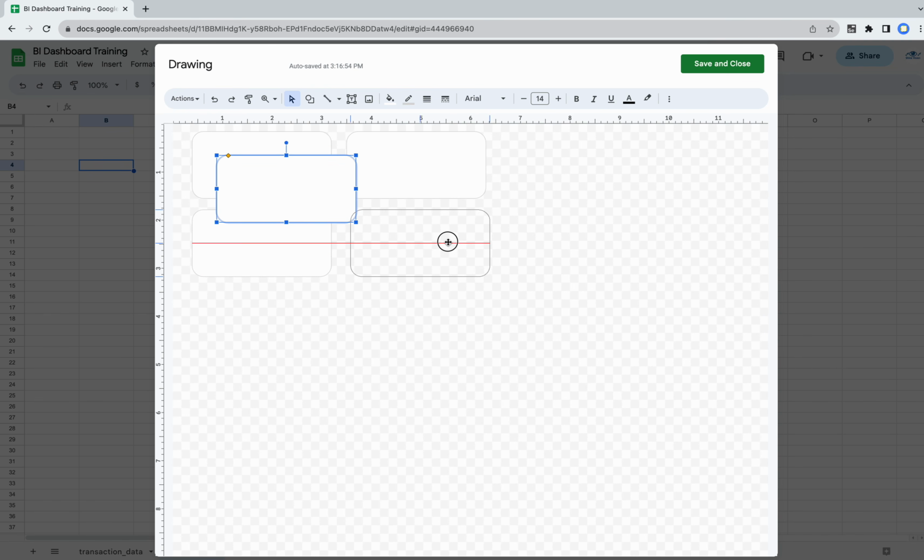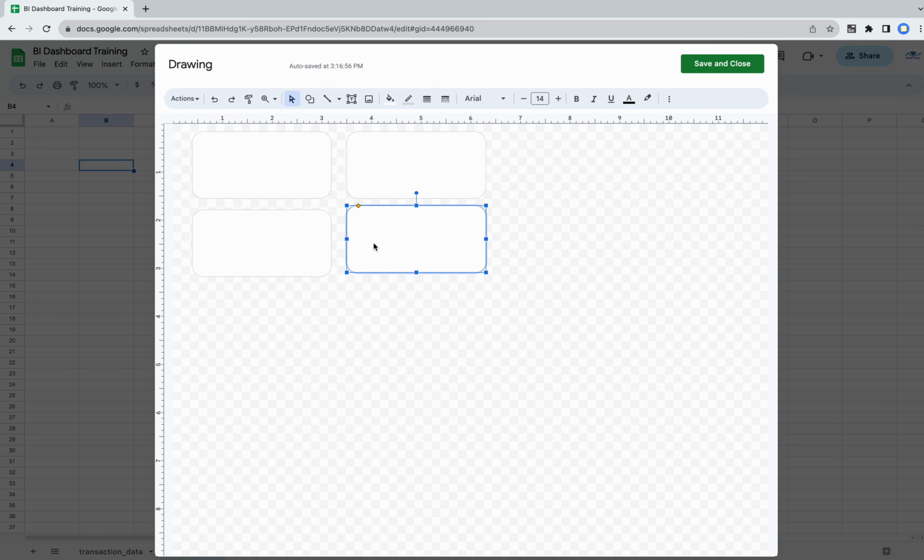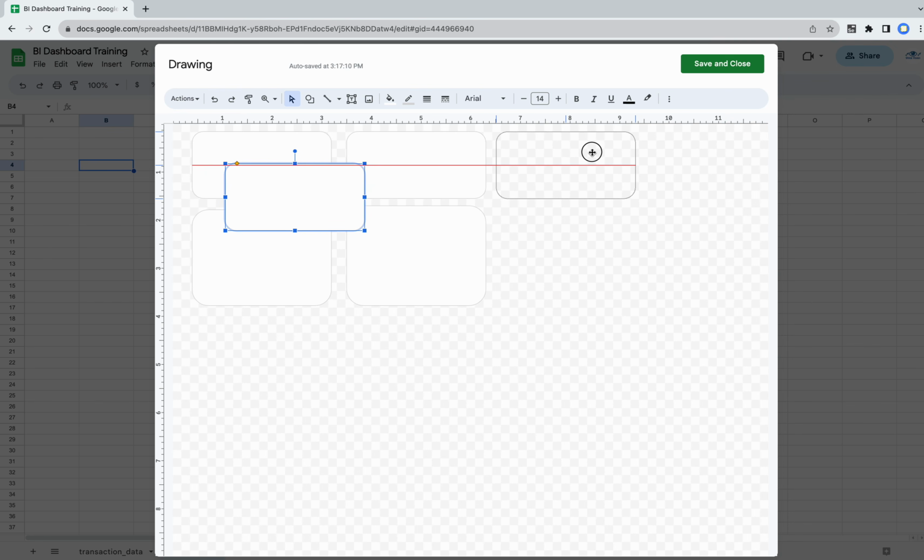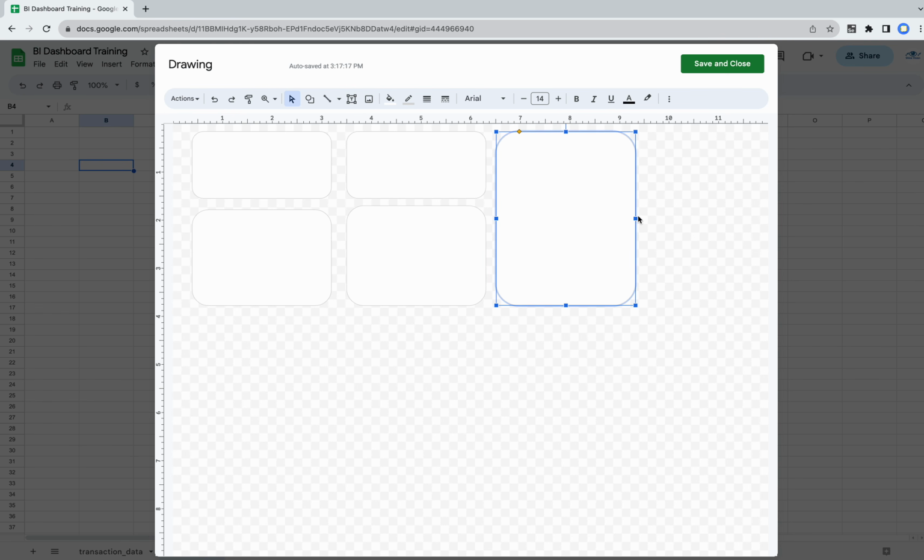and the fourth one. For the third and fourth charts, we'll be using the pie charts here, so we can increase the height a little bit. For the bar chart, I have increased its size and length a bit. Here you go. This is the place where I'll keep the scorecard,